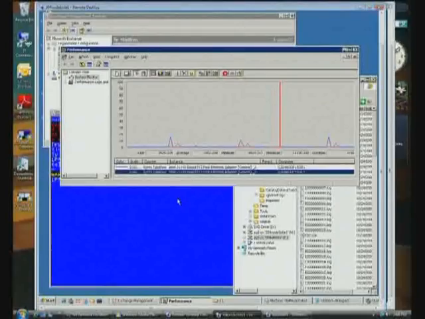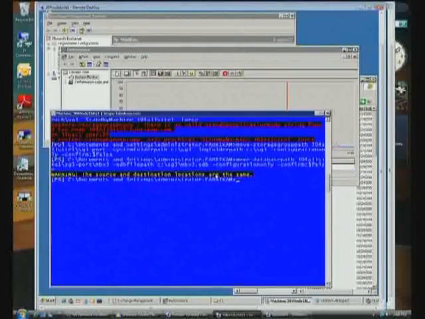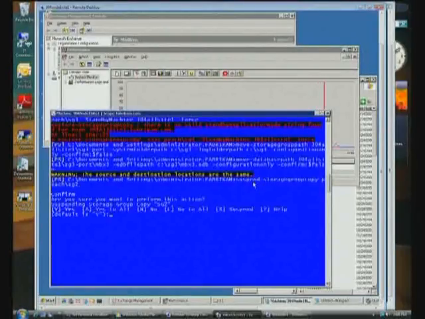So if I go and do some activity, say, for example, I suspend storage group copy, and then I resume,